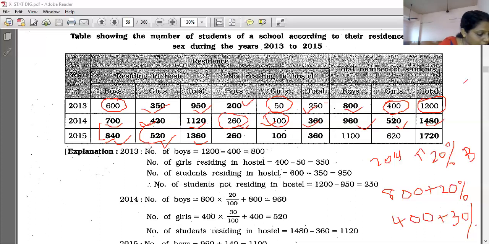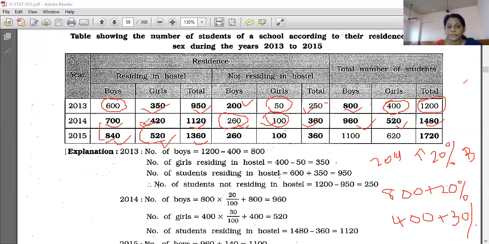And what they said, in the year 2015, 140 boys and 100 girls were newly admitted in the school, and all of them reside in the हॉस्टल. स्टूडेंट्स 140, इसमें से 140 एंड न्यूली एडमिटेड स्टूडेंट्स, लाइक अगर तुम लोग 11th स्टैंडर्ड में हो और 11th स्टैंडर्ड में टोटल नंबर ऑफ स्टूडेंट्स 50 है, 2 स्टूडेंट्स मोर आर दे आर एडिंग, न्यू स्टूडेंट्स 12th स्टैंडर्ड में न्यू 2 स्टूडेंट्स आए हैं, तो ये टोटल कम्स टू 2, 2 और ऐड होगा तो 52 हो जाएगा, राइट?